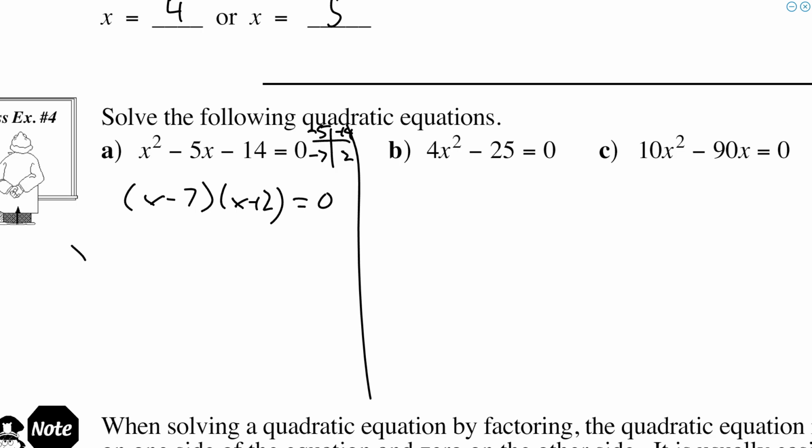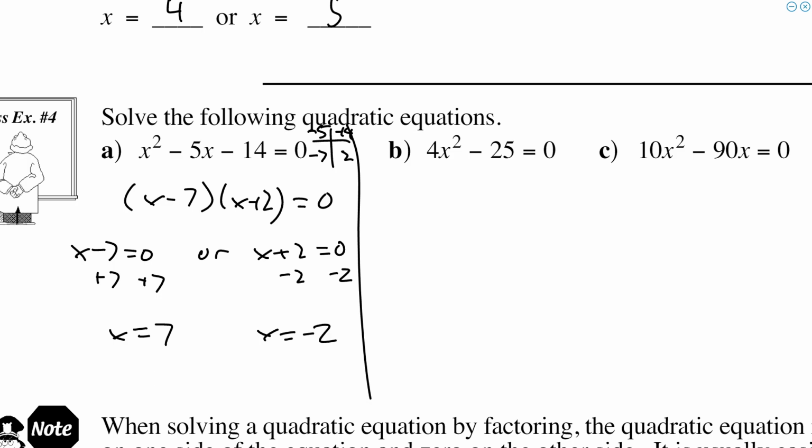So that means x minus 7 is 0, or x plus 2 is 0. So x is 7, or x is negative 2. And so you can say x is equal to